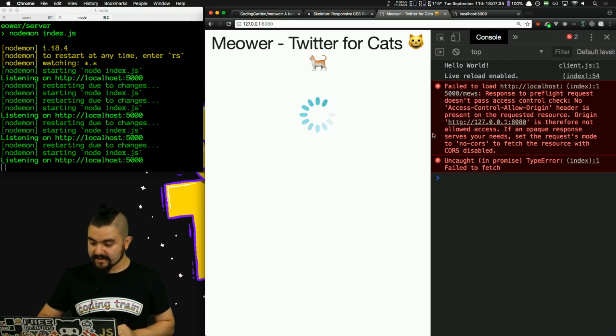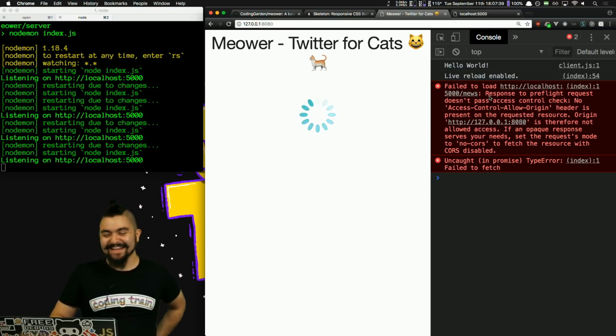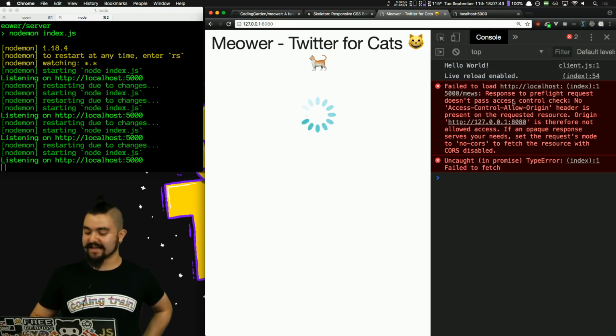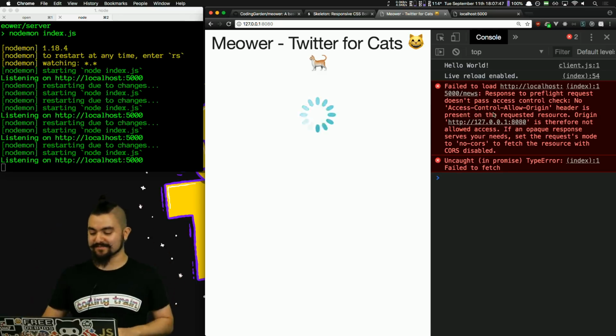And then we try to send it. Oh no, the dreaded CORS error. So you may have seen this before, but right now it's saying response to pre-flight request doesn't pass access control check. No access control allow origin header is present on the requested resource. So therefore origin